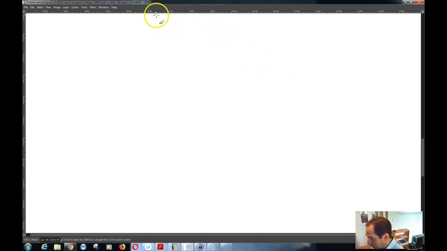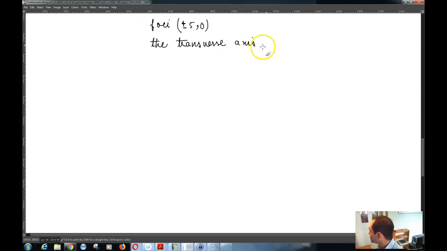So the foci are at plus or minus 5, 0, and the length of the transverse axis is 8. So basically, if you have your foci at plus or minus 5, 0, then